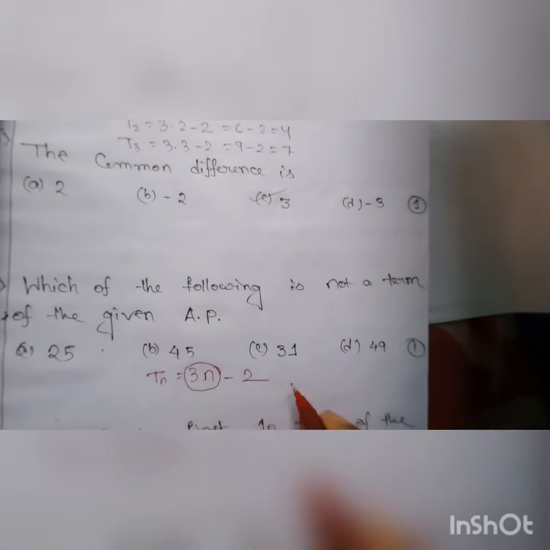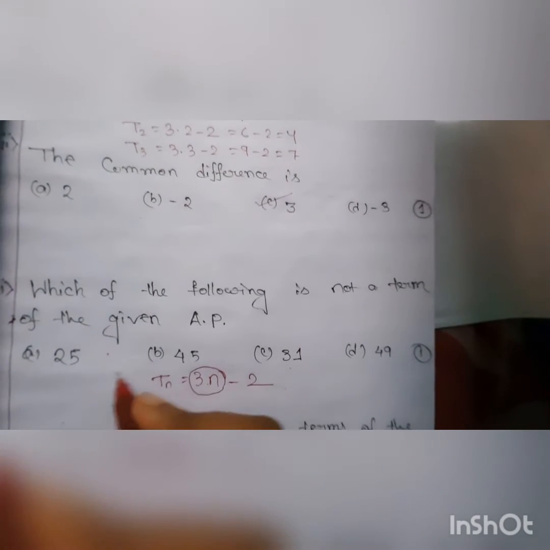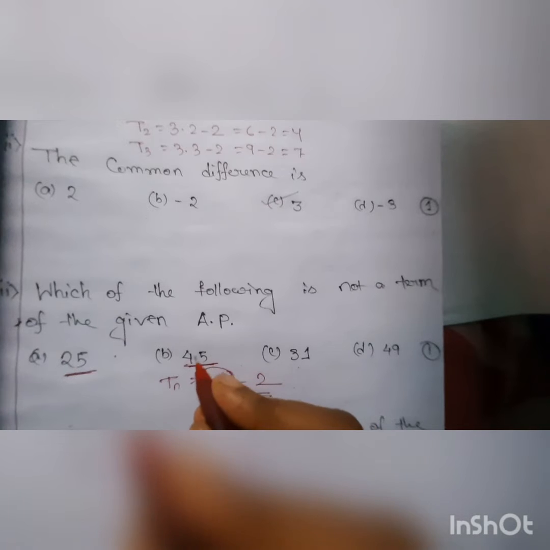So check the table of 3. You know the table of number 3. From the table of 3, you take a two-digit lower number. So 3 9s are 27, and two lower is 25. So 25 is an element of this series. Is 47 present in the table of number 3? No. Since 47 minus 2 is 45 and 45 is given as an option, and 47 is not present in the table of 3. That's why this will not be a term of this AP.